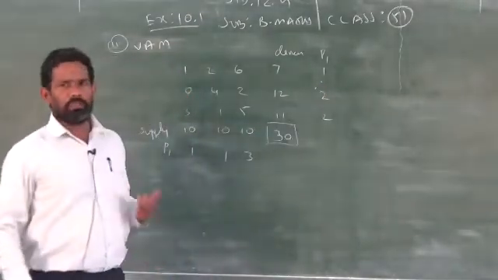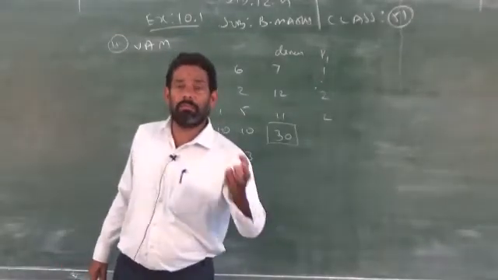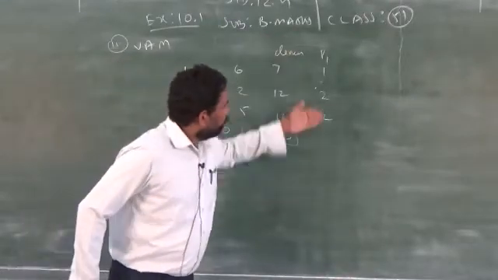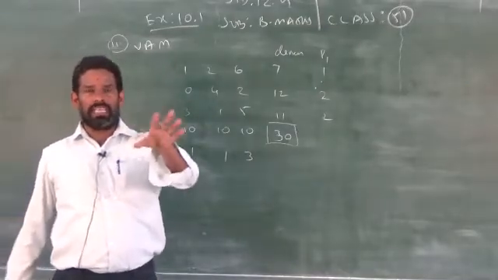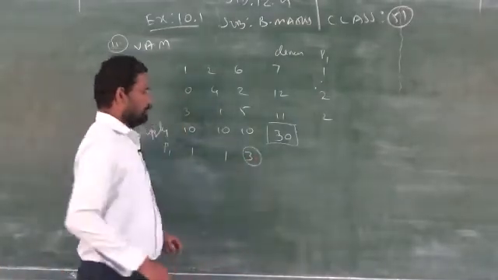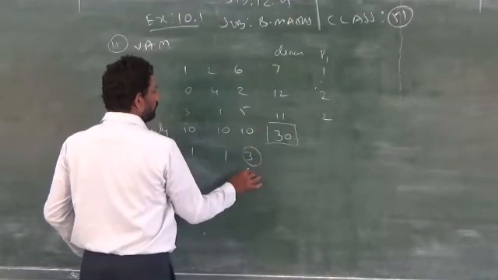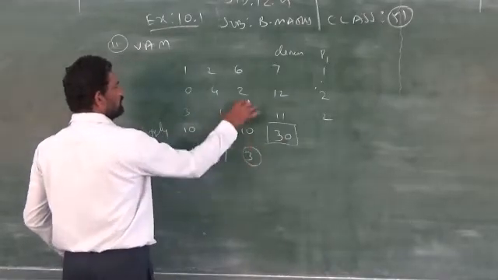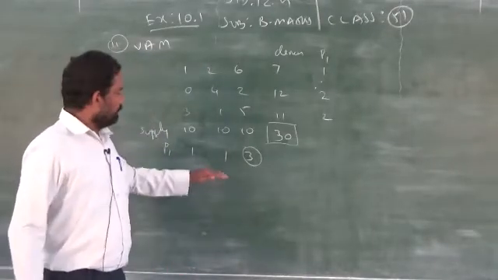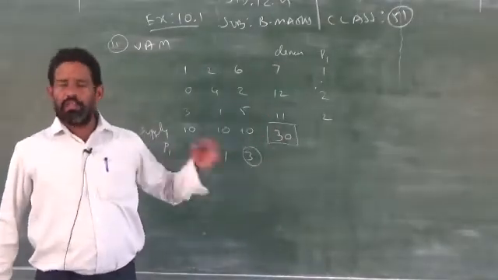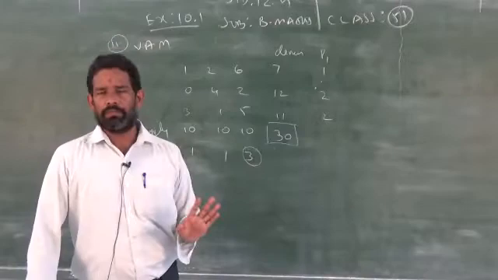After finding the penalty, you take the maximum penalty, both column wise and row wise, whichever penalty is maximum. So, 3 is the maximum penalty. Then you see the corresponding column. In the corresponding column, which one is the least cost? Clear? The difference between the least cost method and this one is that here, using the penalty, you take the least cost, whereas in the least cost direct method, you take it directly without finding the penalty. That is the difference. Clear?